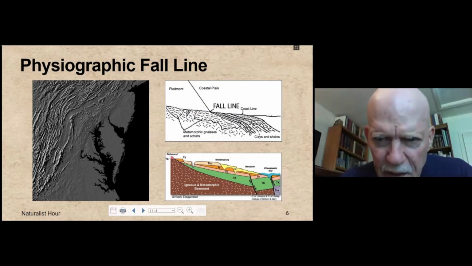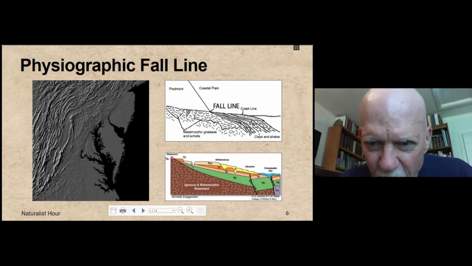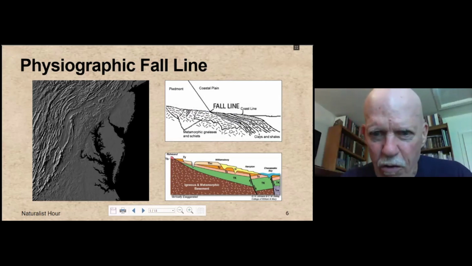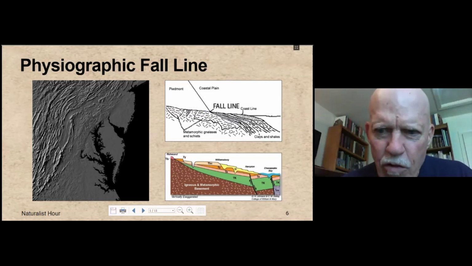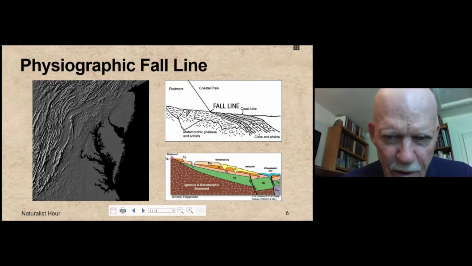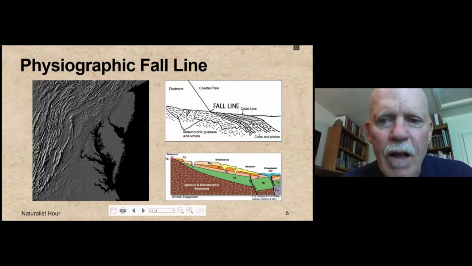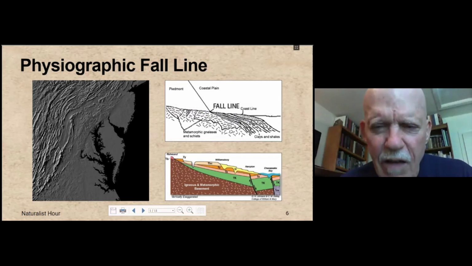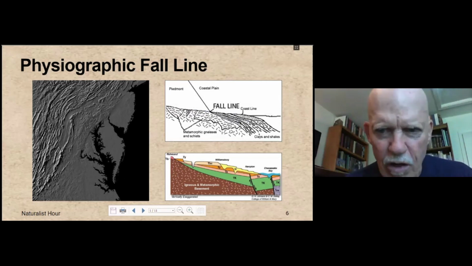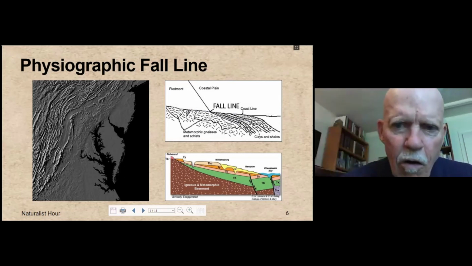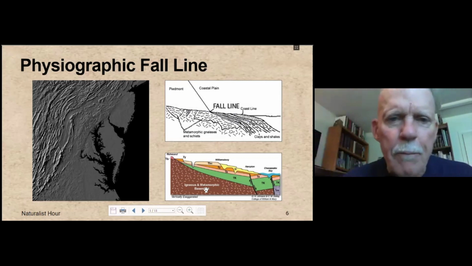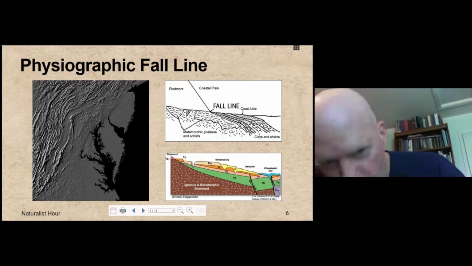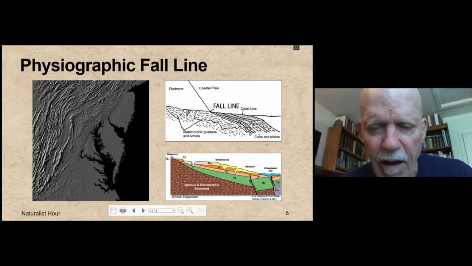Okay. Now, in detail, the real layers can get quite complicated, as is shown in that diagram, which even then is very much obviously a kind of a cartoon. But because of the land going up and down, the sea level going up and down and so forth over geologic time, there's complicated multiple layers of material in the coastal plain. But it basically all overlaps Piedmont rock that descends underneath it out to the edge of the ocean.